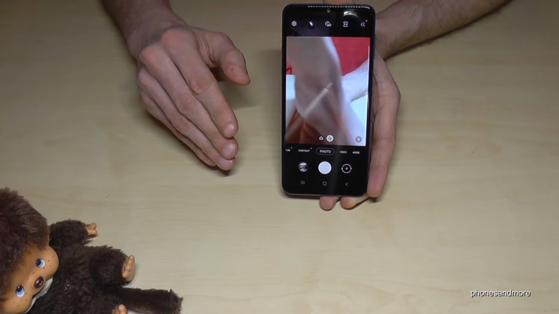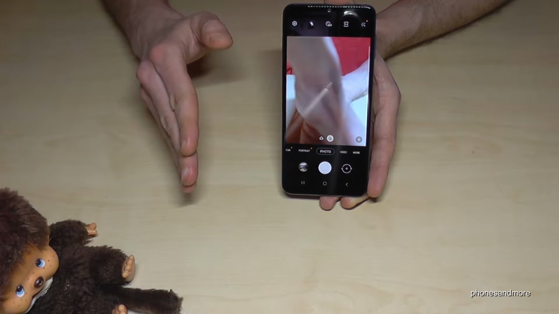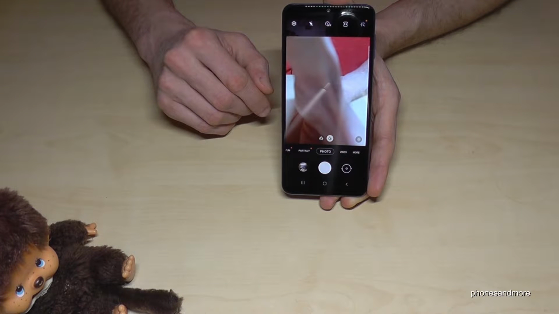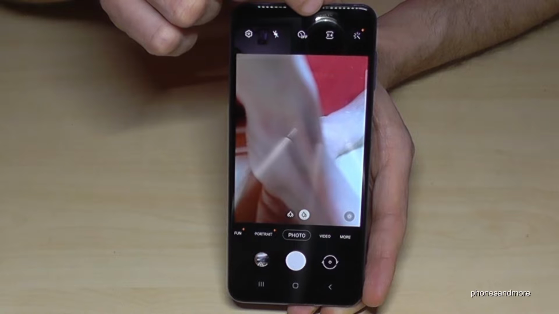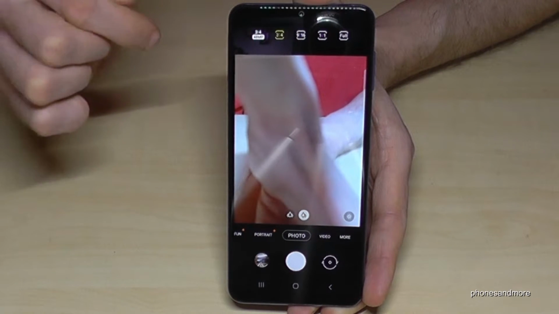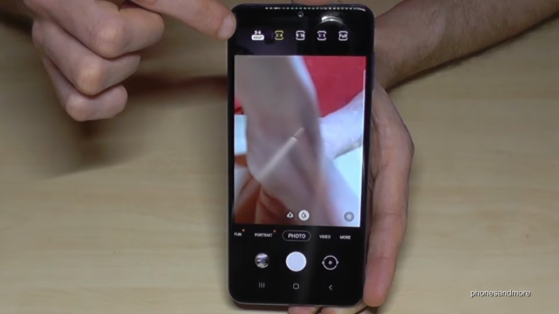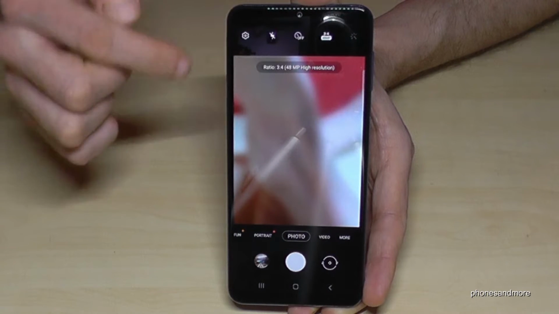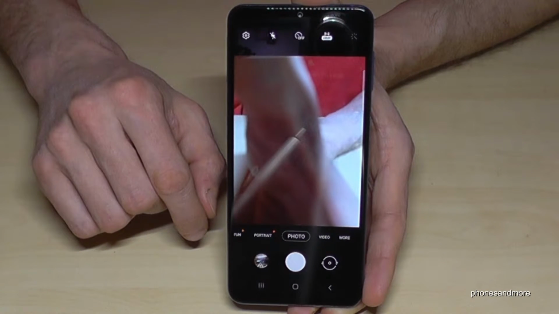The next thing I want to show you is more of a question. Did you know that you don't use the 48 MP of your camera, you're just using 12 MP. So let me show you how you can use the full 48 MP. We need the point 3 to 4 here. If you tap on the 3 to 4, you can change the ratio of the display. But we need this here, 3 to 4, 48 MP. Tap here, go 3 to 4, 48 MP, and now you have the full 48 megapixels for